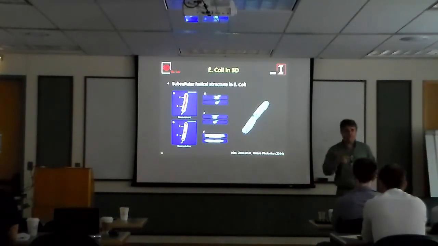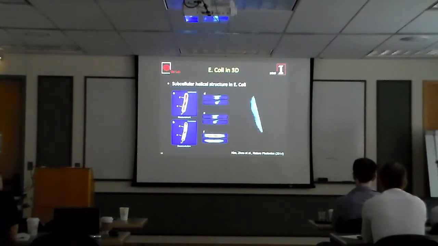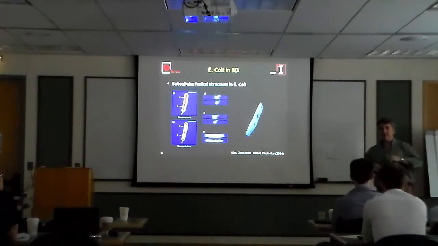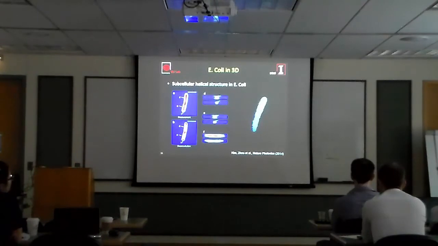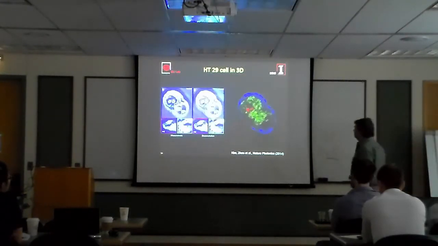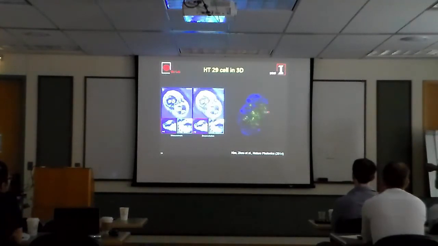In fact, one of our former colleagues from the physics department here, a specialist in E. coli, challenged us. He said, we're interested in these helical structures, but we can only study them with fluorescence. Do you think you can see this with your label free? So the answer now is yes. It's not easy, but we can start to see this. You see it here. It's kind of interesting. You have these periodic patterns in E. coli.